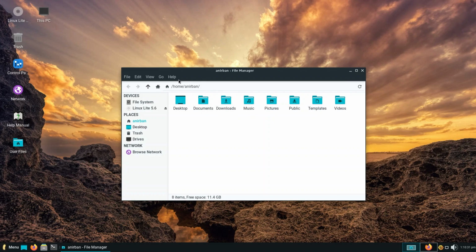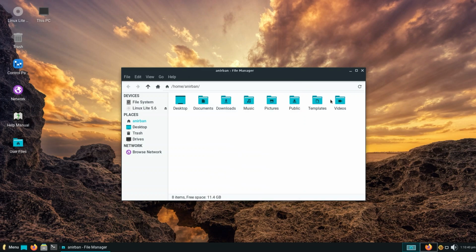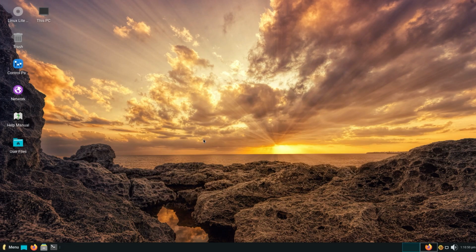Let's go to Help and About. So this is using Thunar, a lightweight and very good file manager for the XFCE desktop environment. I love the icons. You can add network, you can have your other drives, your trash, your desktop, and everything else. All right, so now let's talk about one of the most important things which makes Linux Lite very useful